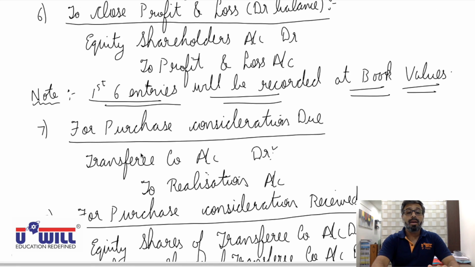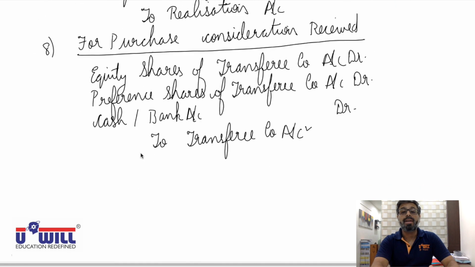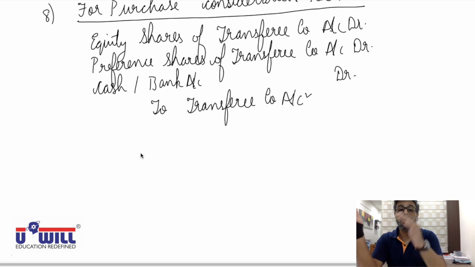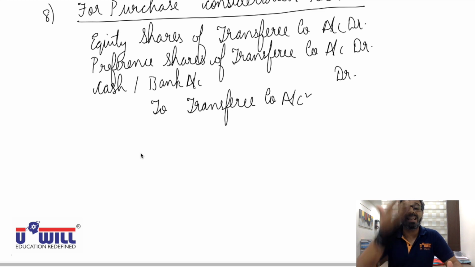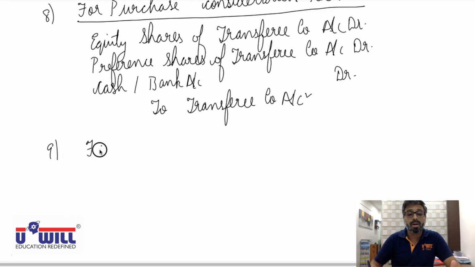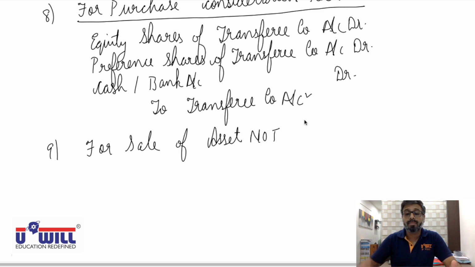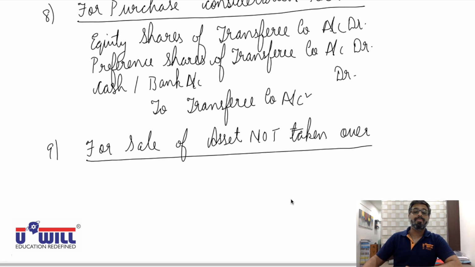Next. Now, if any asset is not taken over by the transferee company, then the liquidating company, the transferor company, will have to sell the assets on their own. So what is the 9th entry to be passed? For sale of assets not taken over. Those assets which are not taken over by the transferee company will have to be sold by the transferor company itself. So for sale of assets not taken over,